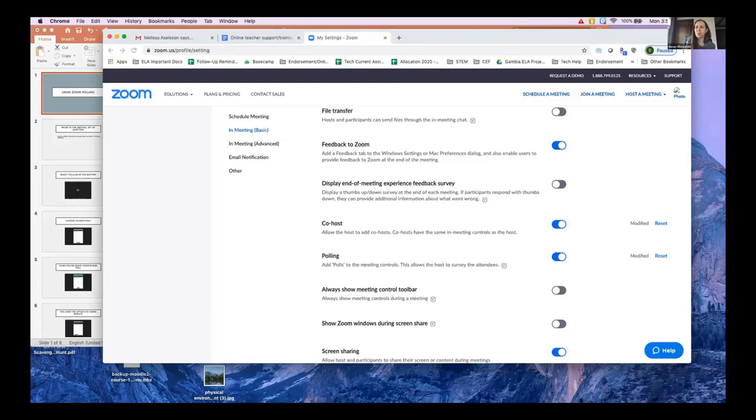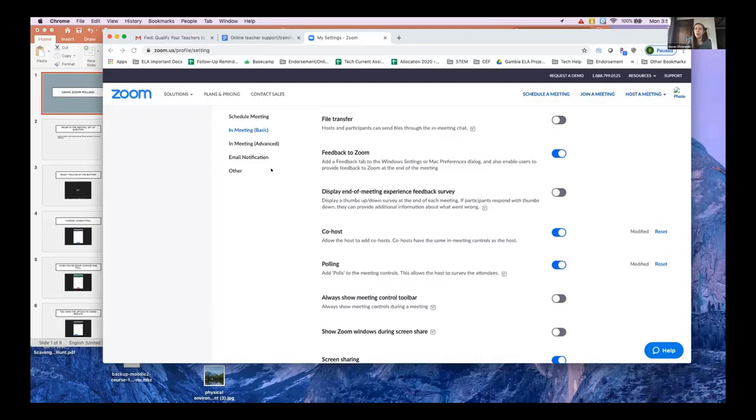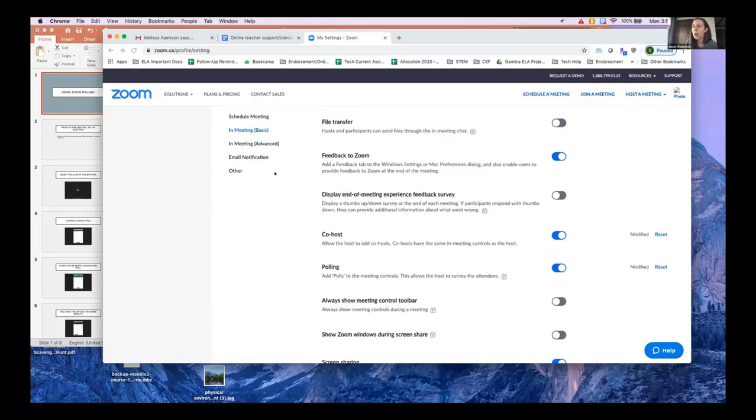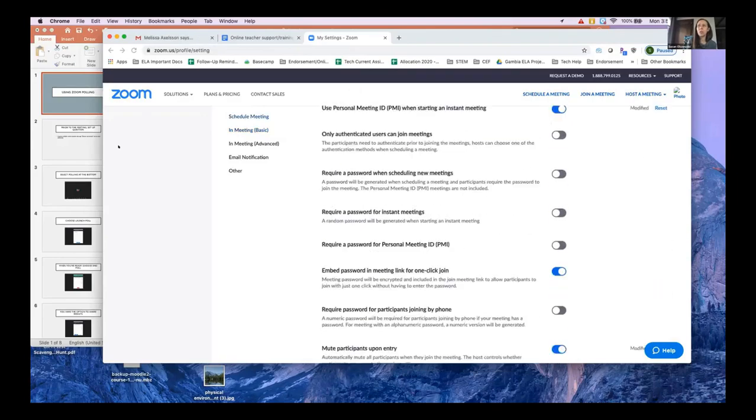Somebody just said that their school is not wanting to use Zoom and they're using Microsoft Teams. So yeah, the downfall to this is that you do have to be using Zoom and you do have to have a paid account. But once you turn on that polling, you have to schedule a meeting because you've got to create